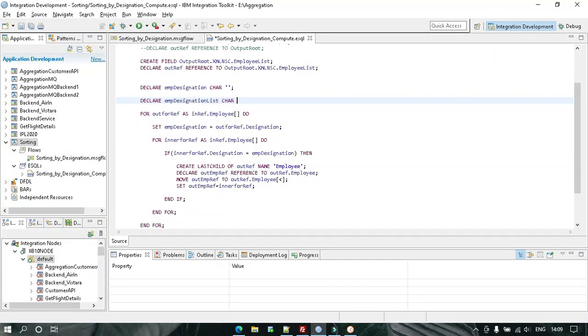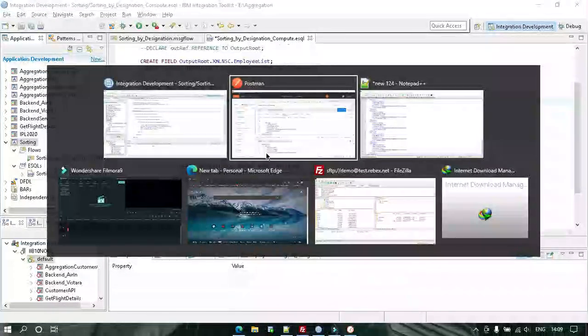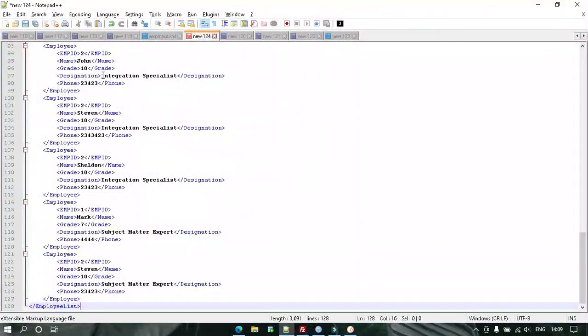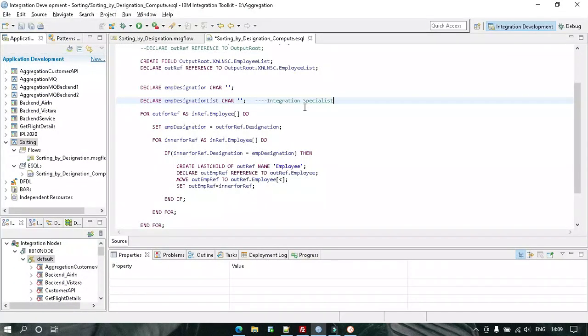I have declared a variable. In this variable, I will store a comma separated list of designations. It will check for integration specialist first, and then it will store this integration specialist.